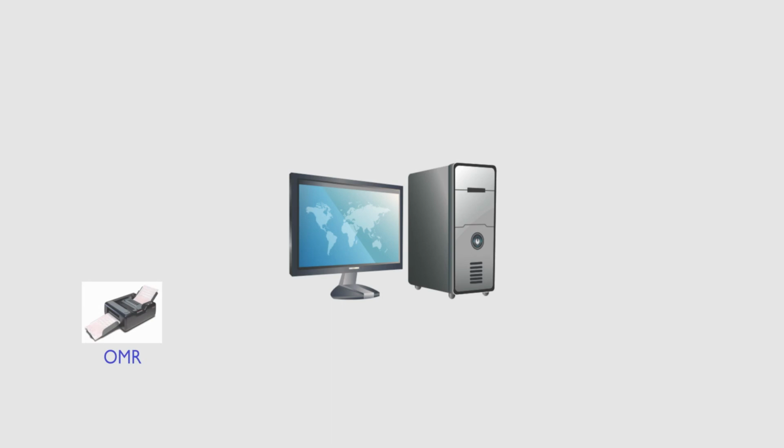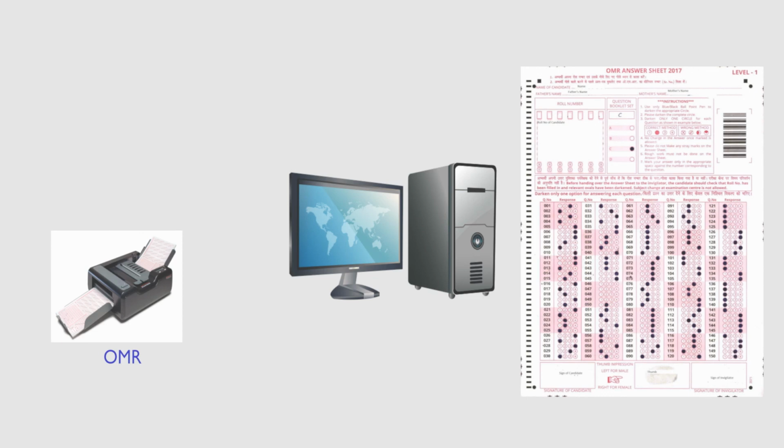Optical Mark Reader (OMR). OMR is a special type of optical scanner used to recognize the type of mark made by pen or pencil. It is used where one out of a few alternatives is to be selected and marked. It is specially used for checking the answer sheets of examinations having multiple choice questions or MCQ.